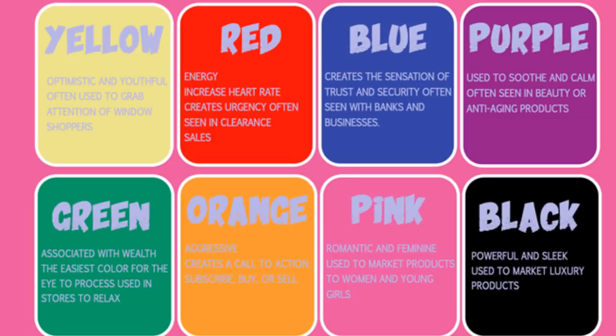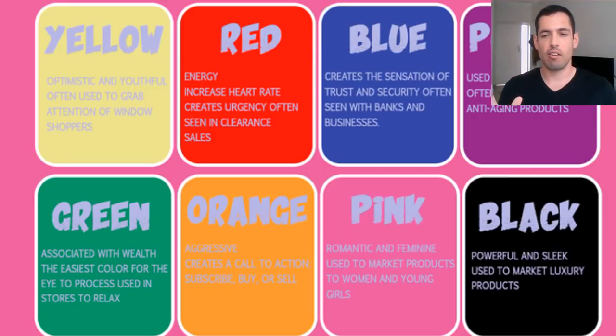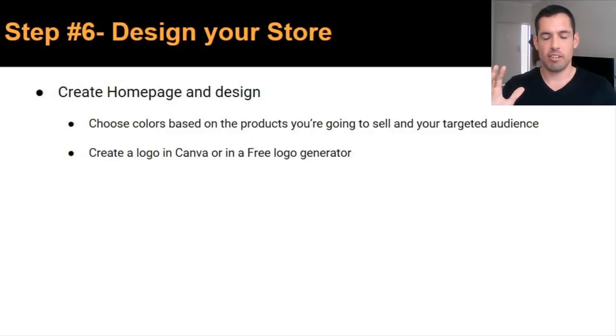I mean, you're going to sell products that are related to health, so maybe it's a good idea to choose green colors in your store design. Let's say you're going to sell products that are related to coffee, so maybe you prefer choosing more brown colors. So basically think about the values and what you're going to sell, and choose a few colors based on these decisions. If you're stuck and you're not sure what colors you should choose, you can just look it up online,